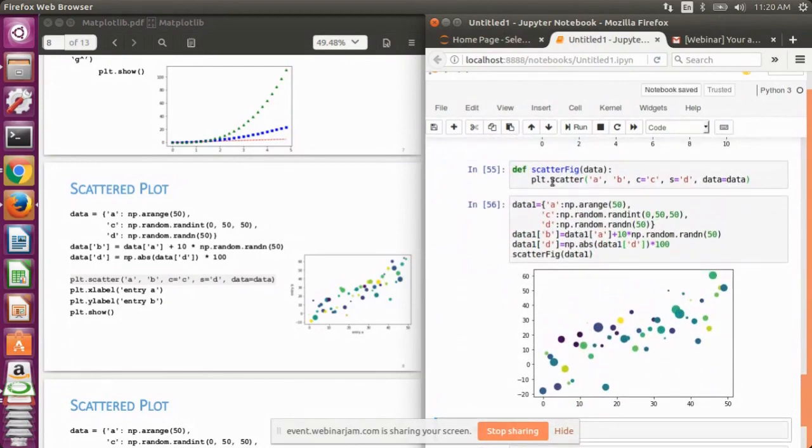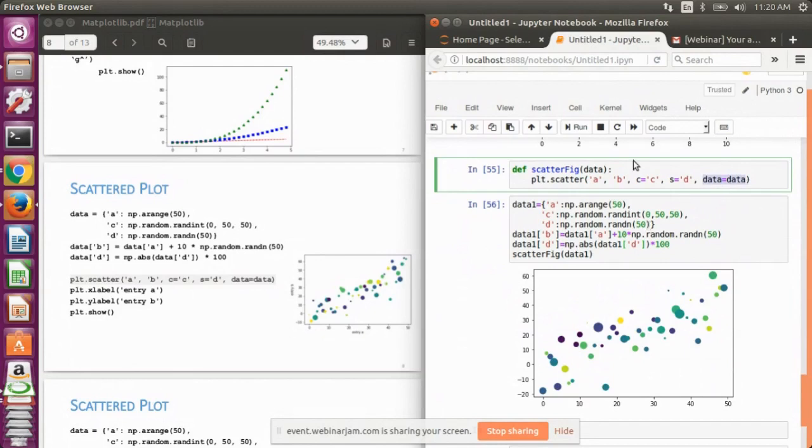Now the mistake that I made was I was using the dictionary variable as it is, but in scatterplot it is not possible. If we are passing a dictionary, we just need to use the field names in the arguments, and as an optional argument we need to define the name of the variable that we are passing.